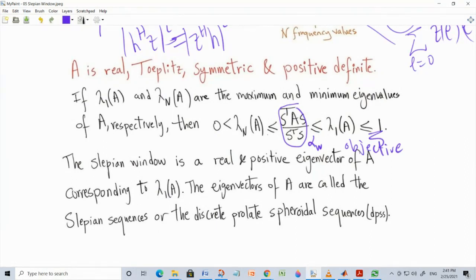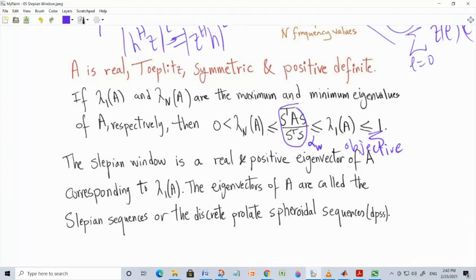These are proofs that are beyond the tools that we know. But in one homework problem I will just tell you to take it for granted that the eigenvalues of this matrix are distinct. But at least for now, it's very clear to us why, according to the tools that we have, this matrix is positive definite with strictly positive eigenvalues, and that the maximum eigenvalue, which we denote as lambda 1,